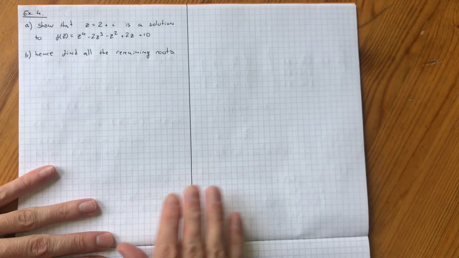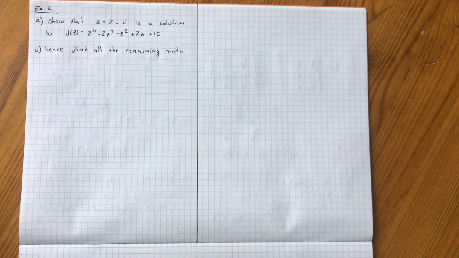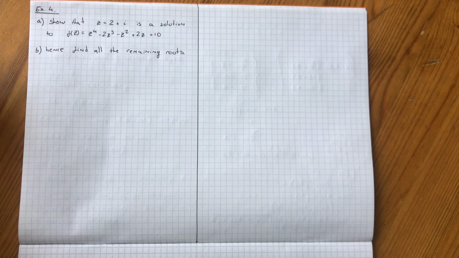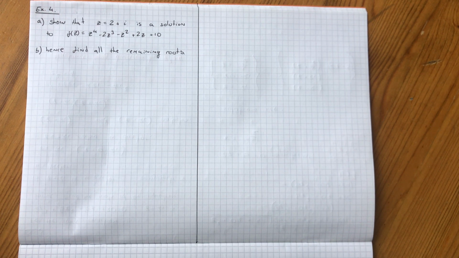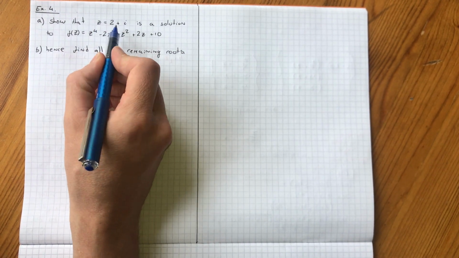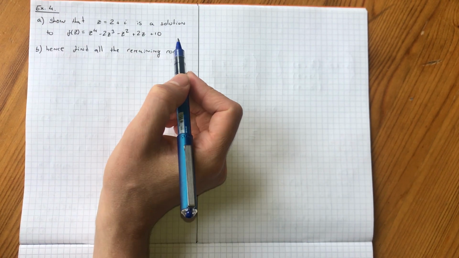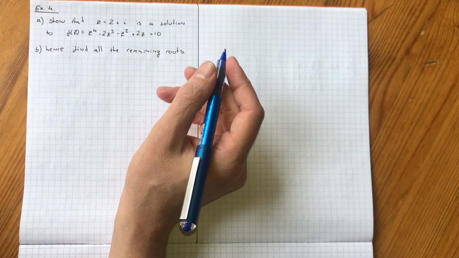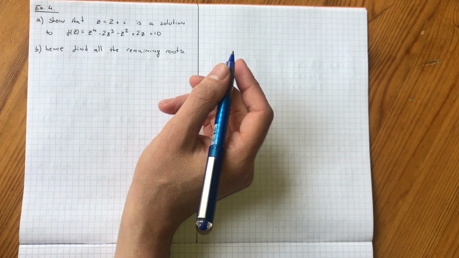One last one. Show that z equals 2 plus i is a solution to f of z equals z to the power 4 minus 2z cubed minus z squared plus 2z plus 10. Hence, find all the remaining roots. Okay? So what I can do, if this is a solution, if I substitute it in, it should end up as 0. Okay? So,